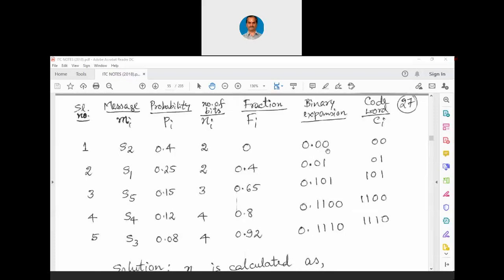0 is nothing but 0.00. Why? Because we have already discussed that n1 has to be equal to 2 in that case. So we write it as 0.00, where the 00 itself is the code for the very first message. And next, when you convert this 0.4 into binary, you will get 0.01. Discard the integer part because it is anyhow a fractional part. Take this fractional part, 01 itself is the code for 0.25. Next, when we convert 0.65 into a binary fraction, 0.101, we can keep on continuing to any number of bits, because sometimes the binary fractions will never end. But we don't have to go that way because we have only the